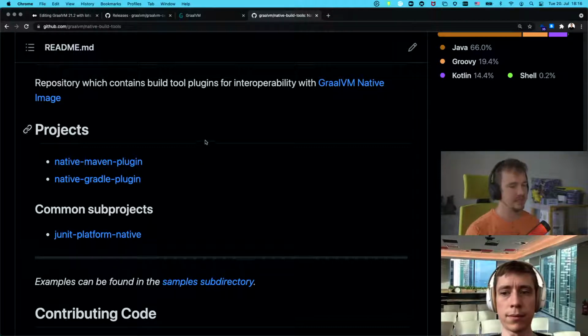There are two main things that they do. One is they simplify building native images from your Java projects. You just enable the plugin in your build system, and then it knows how to configure GraalVM and how to configure native image specifically, and how to pass the class path to it. So it takes a lot of configuration on itself. And this is one thing. We had the Maven plugin before that was doing the same thing, but now we are taking it to the next level. There is also the Gradle plugin, and a very, very exciting thing is that they not only allow